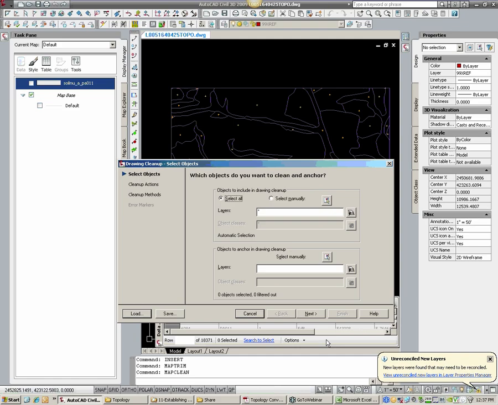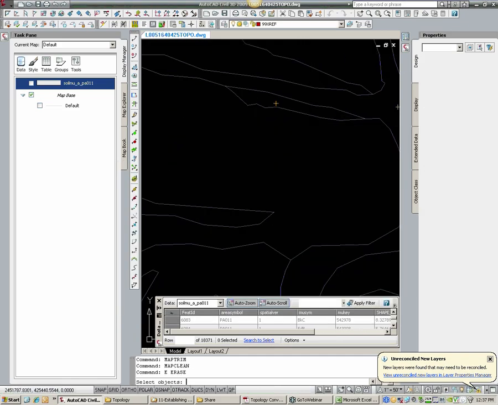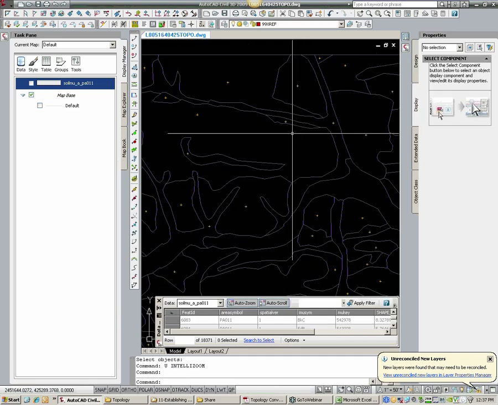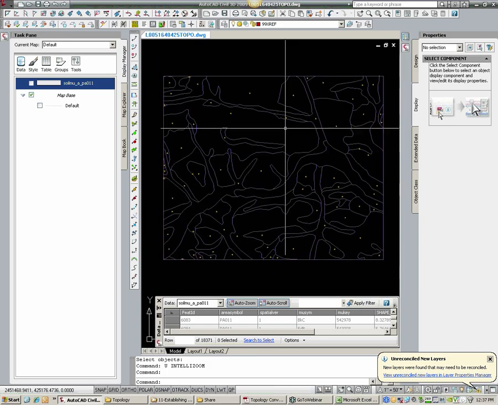You can't have that. It has to be its own independent line. So there's only one line here, very similar to a parcel. Parcels are like that because parcels in the background are AutoCAD Map topologies. So